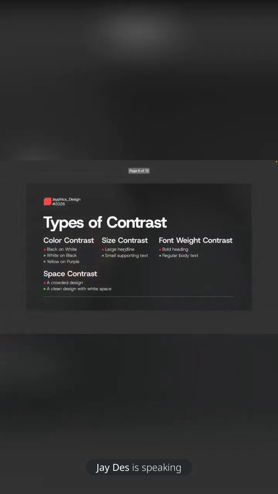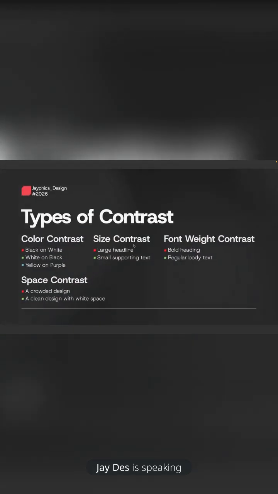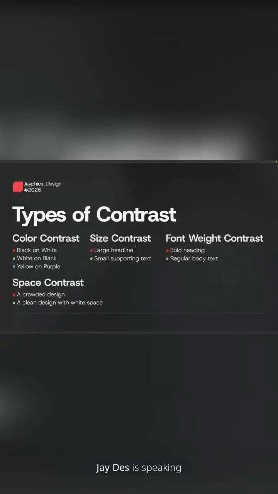Now, we have types of contrast. Like I said, there are so many things around contrast. We have color contrast, we have size, we have font weight, and we have space contrast. So, these are just examples under them. Color contrast, there are some colors. I would not really want to dive into colors because we are not discussing colors right now. Colors are not the main focus of this thing. So we need to actually talk about contrast more without going too deep into each of all of these elements